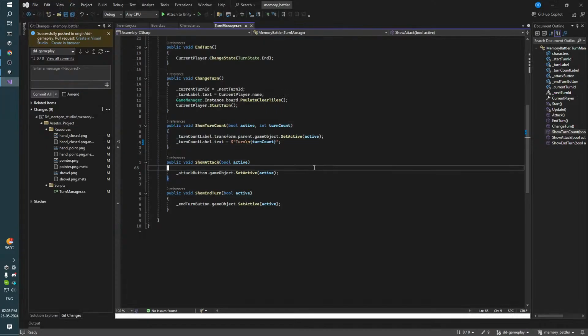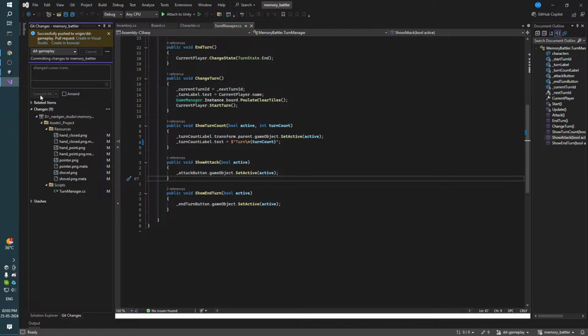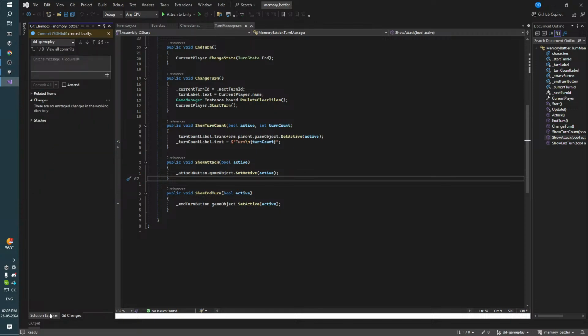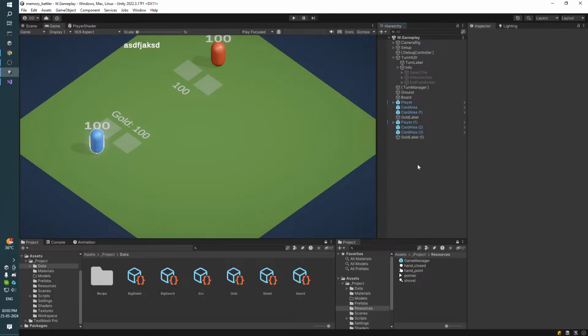Okay, so now today I'm gonna work. So I'll be just going to change cursor icons. Okay. Today we are going to build a lot of things. First of all, what I want to do is